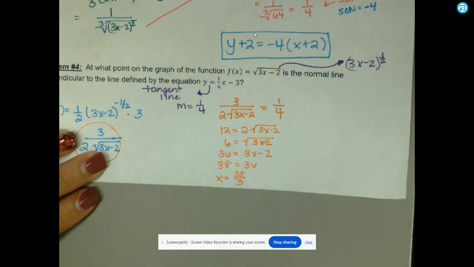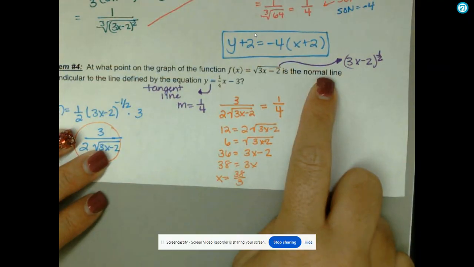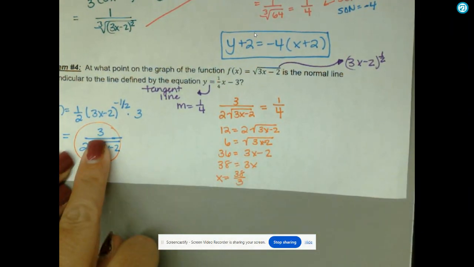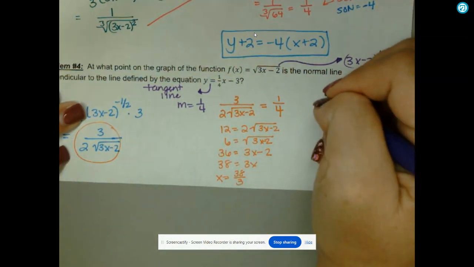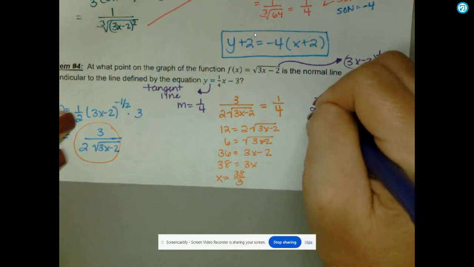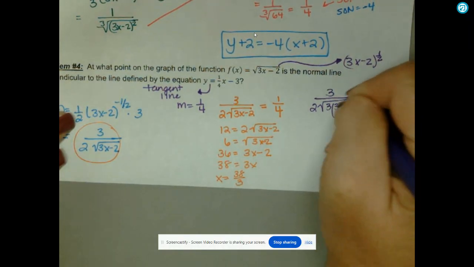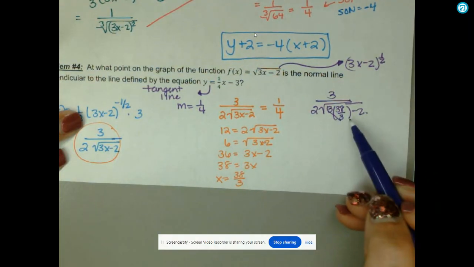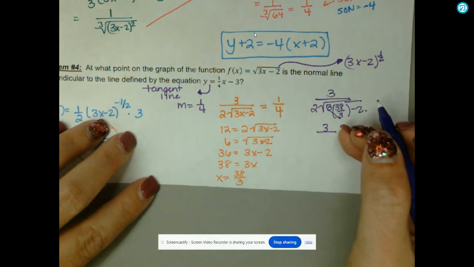All right, so at what point on the graph of the function is the normal line? So for the normal line, though, we want to use the equation of the derivative, all right? So I'm going to plug this x into my derivative to get my y value. Okay, so 3 over 2 square root of 3 times 38 over 3 minus 2. All right, well, we can do a lot of that in our head. 38 over 3, those are going to simplify. 38 minus 2 is 36. Square root of 36 is 6. So 3 over